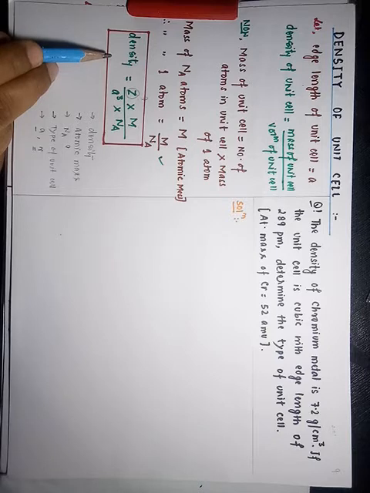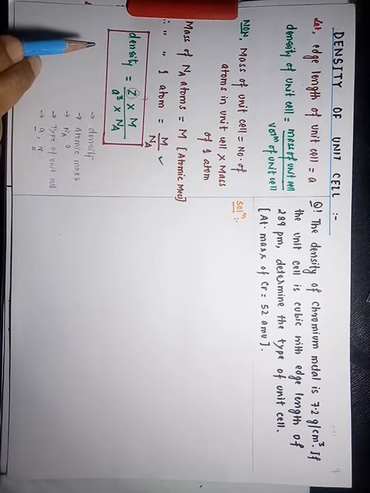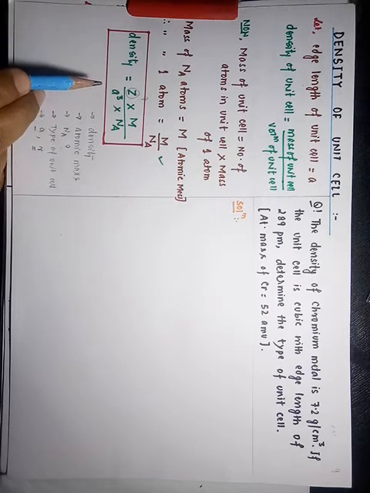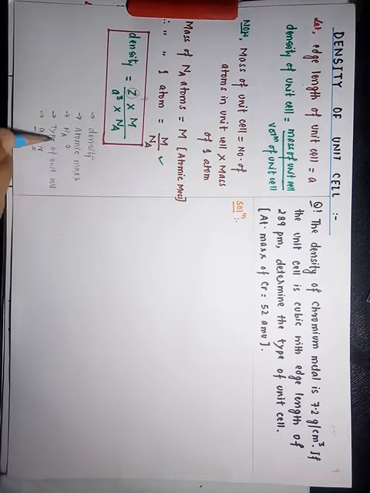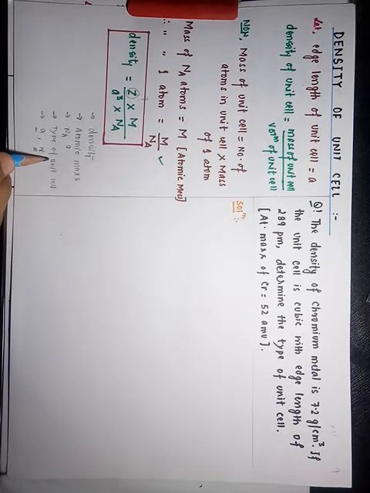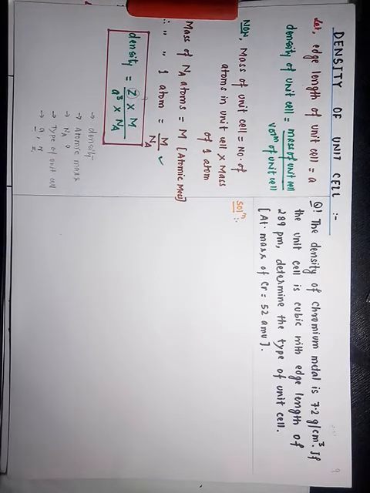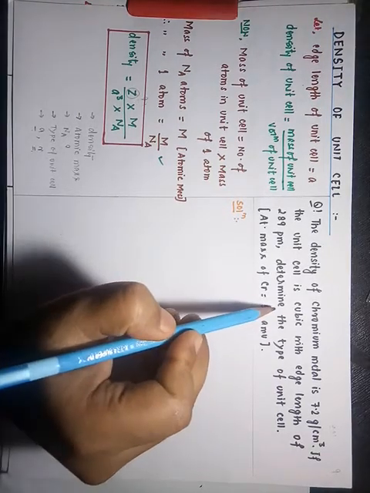And the other thing to be noted over here, student, is that questions could be based on other things also, but basically you have to focus on these things: for calculating density, for calculating atomic mass, for calculating Avogadro's constant, for calculating the type of unit cell, for calculating the edge length, for calculating the R, radii. So let us solve certain questions based on density of the unit cell. I have already written a question over here, student.